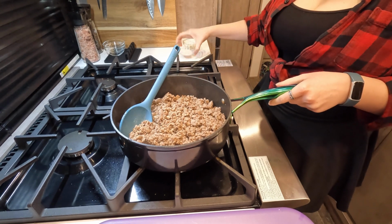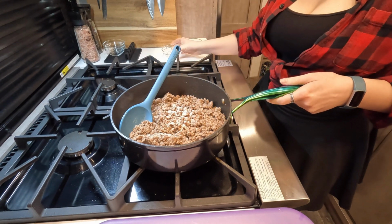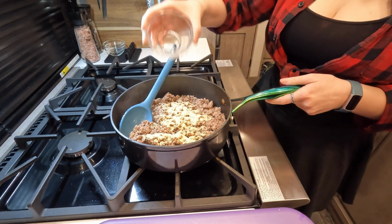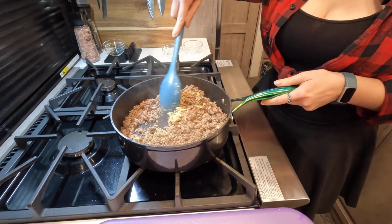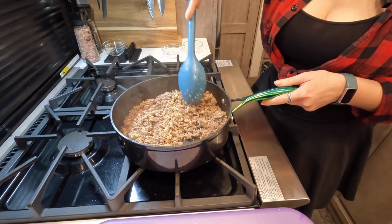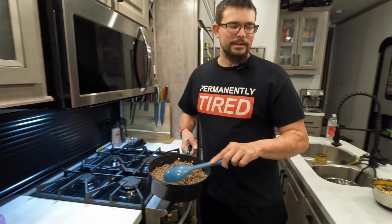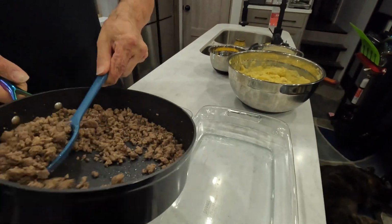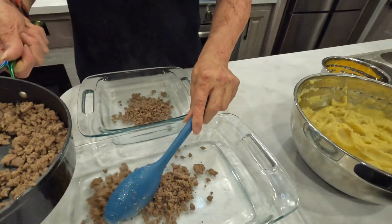Alright, now we're gonna add our seasonings to our meat. And then thoroughly mix that in. Once everything is thoroughly mixed, transfer this into those 2 Pyrex pans that we were telling you all about earlier. Try to get them as even as possible. I know it's kind of hard because they're different sizes, but...